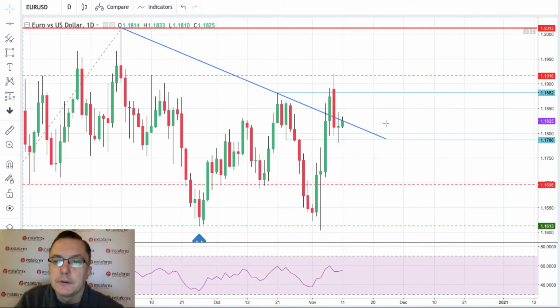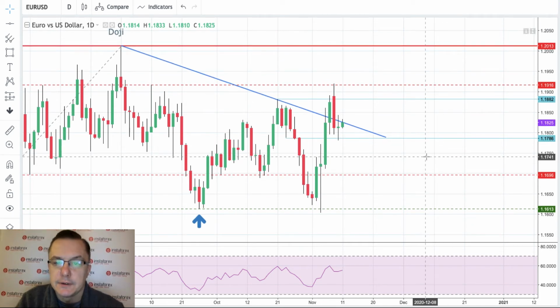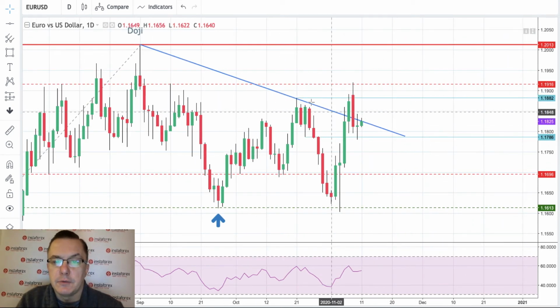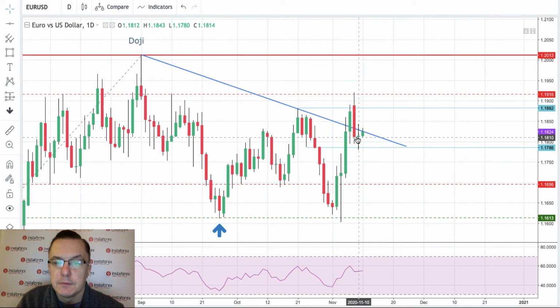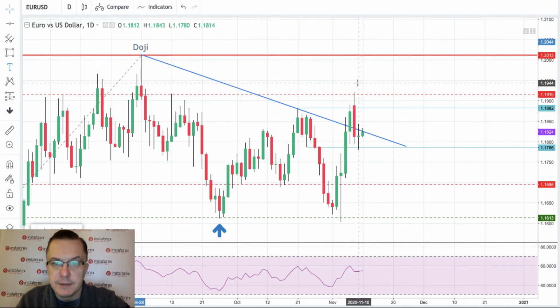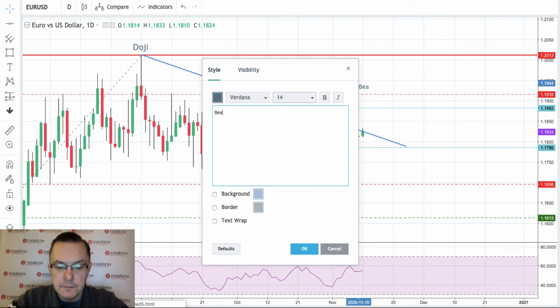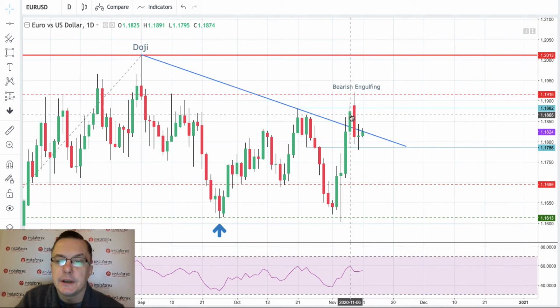pair, of course, the euro dollar. What is going on with the euro dollar? As we can see on the daily time frame chart, we got the breakout above this blue trend line. We broke it, then we have a bearish engulfing pattern. Let me just point this one out for you. There you go. This is a bearish engulfing pattern, which might be the first indication of